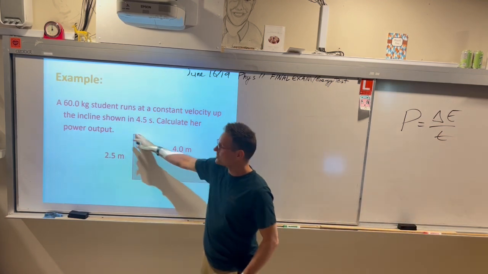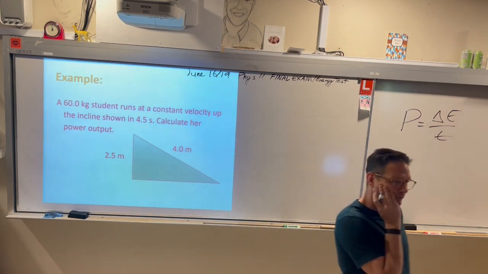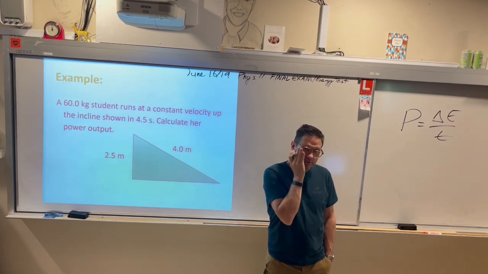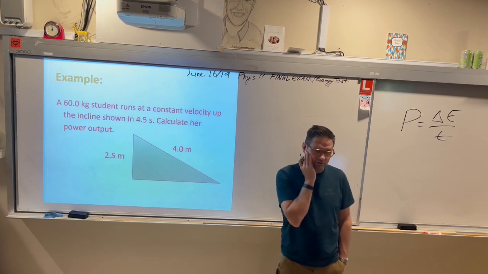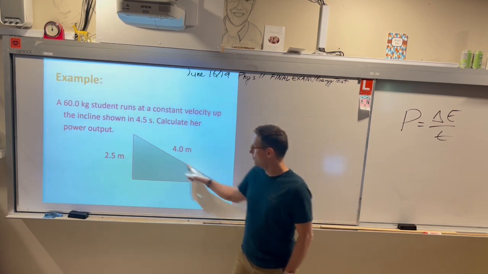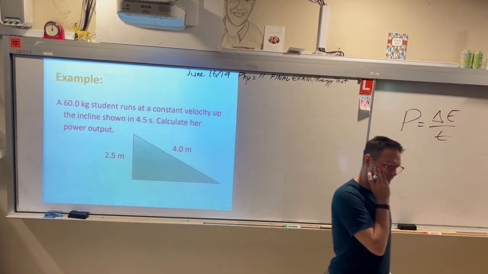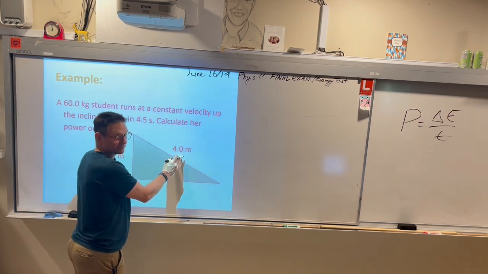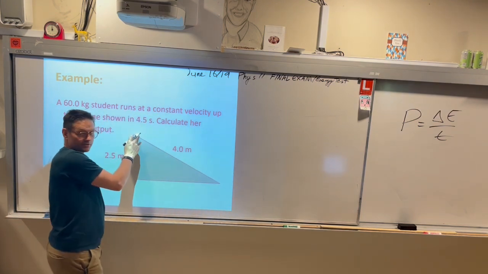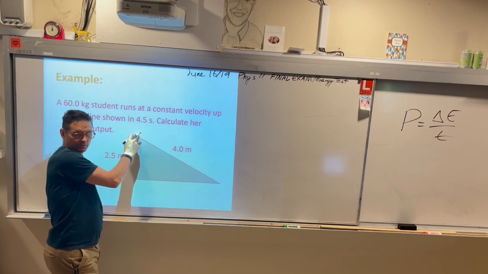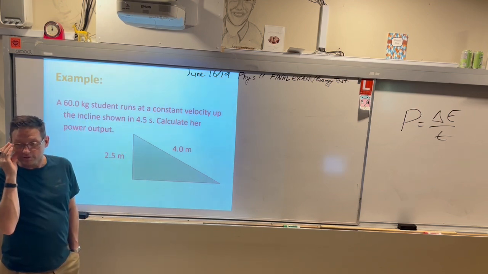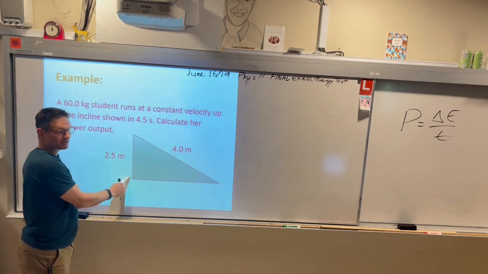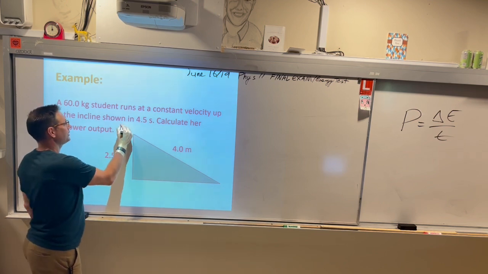What type of energy is she gaining? Potential energy, yeah. With potential energy, which distance do we want to use to calculate that? Are we using the 4 or are we using the 2.5? If we knew the force she was exerting, we would do the force times this distance, right? Do we know that force? No. But we do know what force: the force of gravity. Very good. Yeah, we know the force of gravity. So if she was being lifted straight up, it would be what formula?